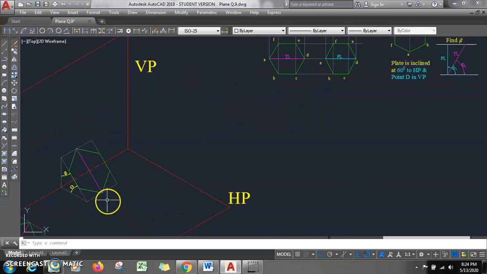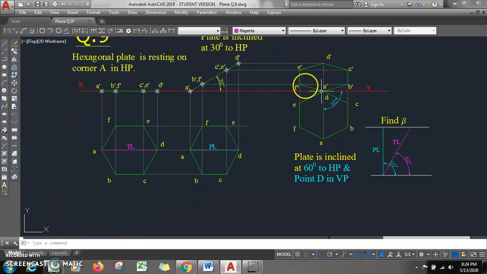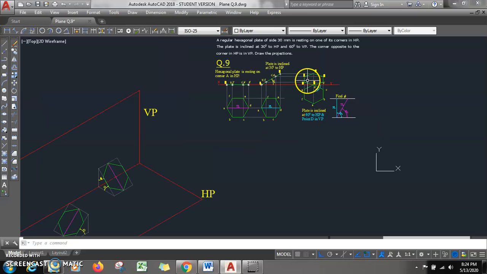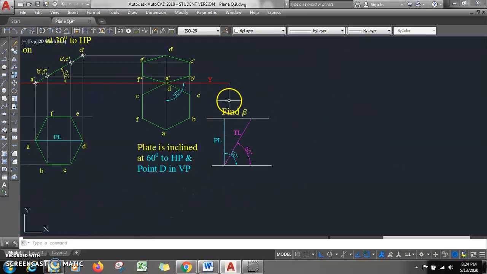So you can see in the third step how it will look. If you look from here, this line can be seen as a vertical line in top view also and in front view also. So this AD can be seen as a vertical in top view and in front view also, okay. So this is the thing. Now here how we have found beta out,